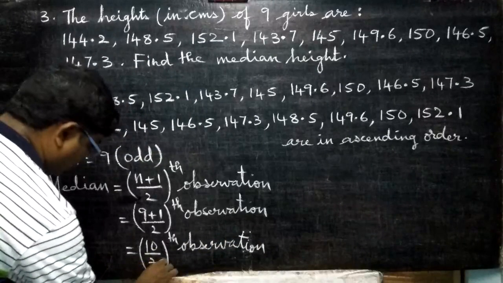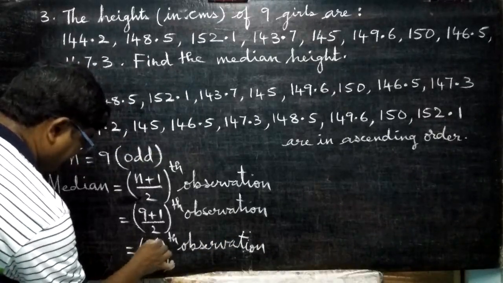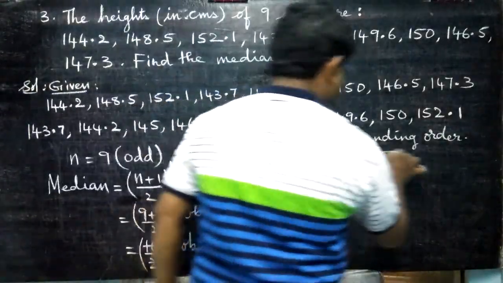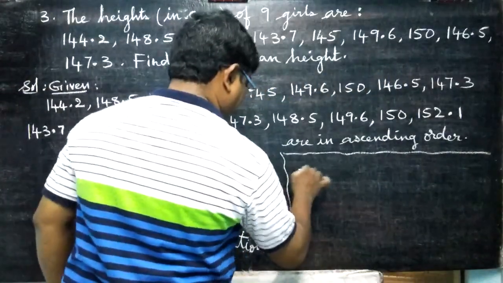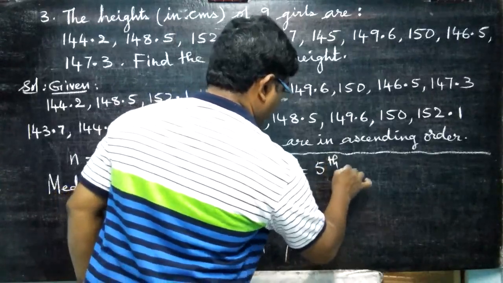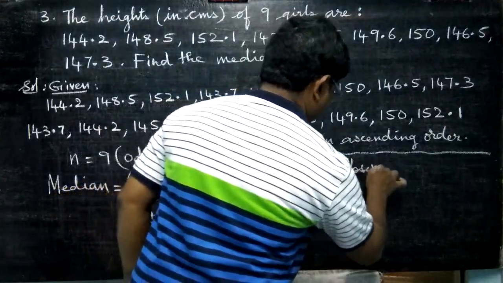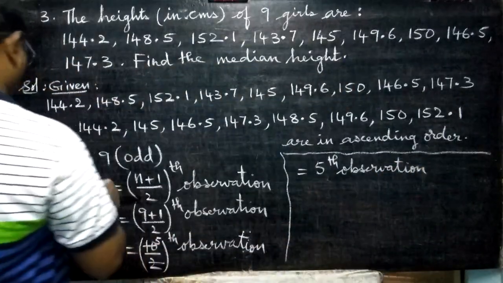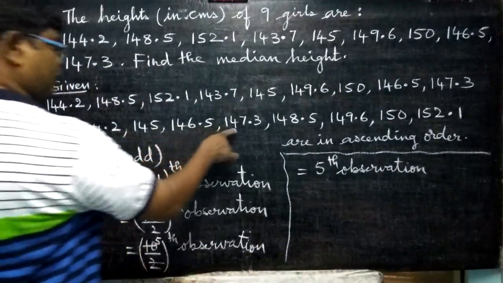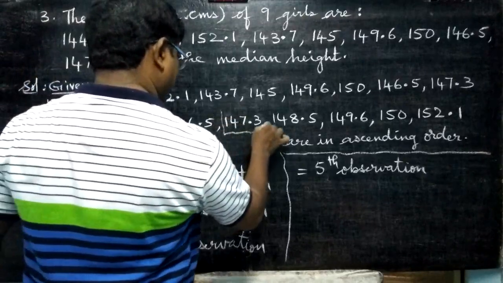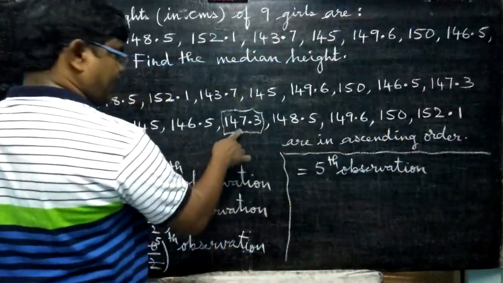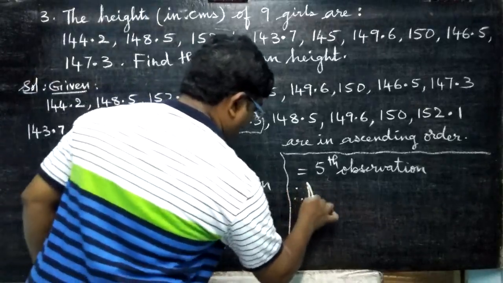2 goes in 10 5 times. So, fifth observation. That is equal to the fifth observation. What is the fifth observation? Counting 1, 2, 3, 4, 5. Sir, I will count from the last: 1, 2, 3, 4, 5. Therefore, the median